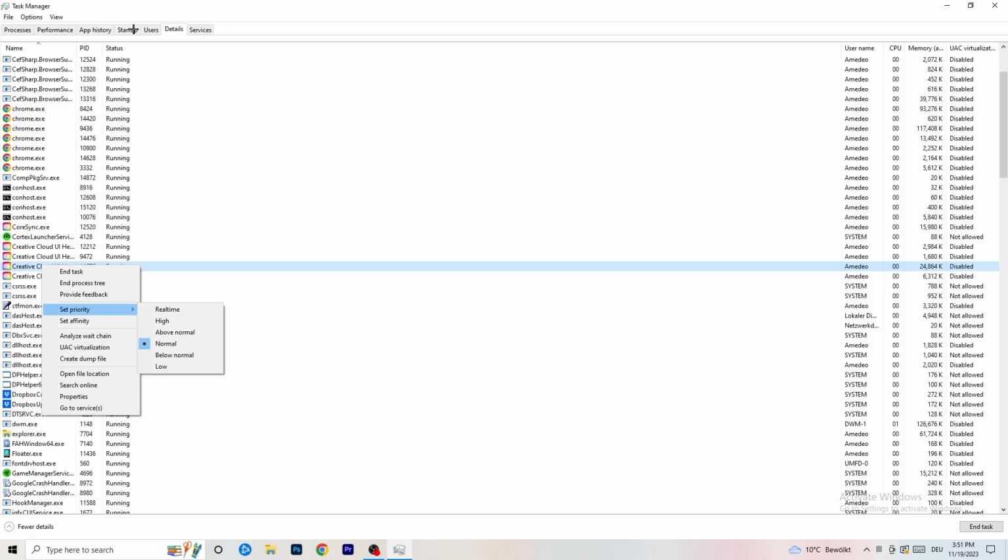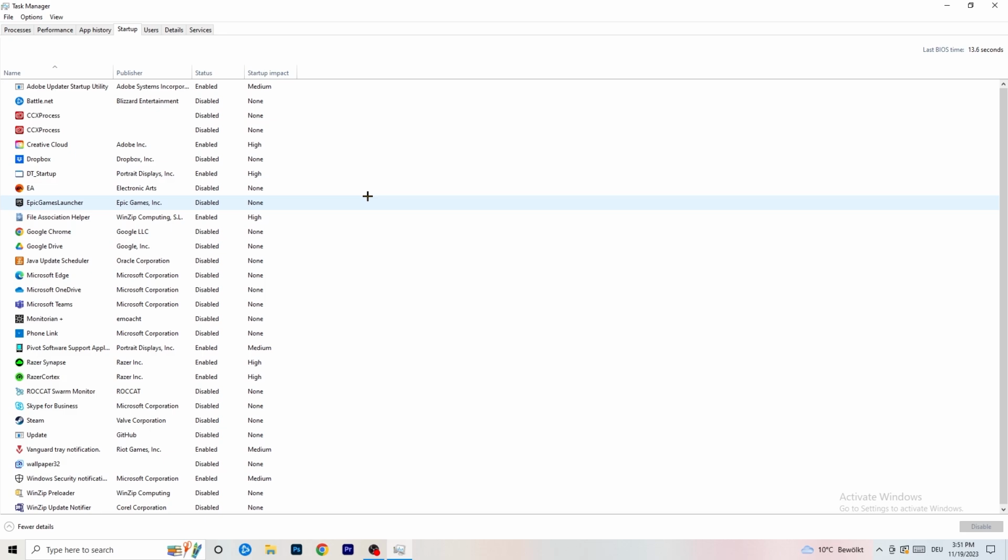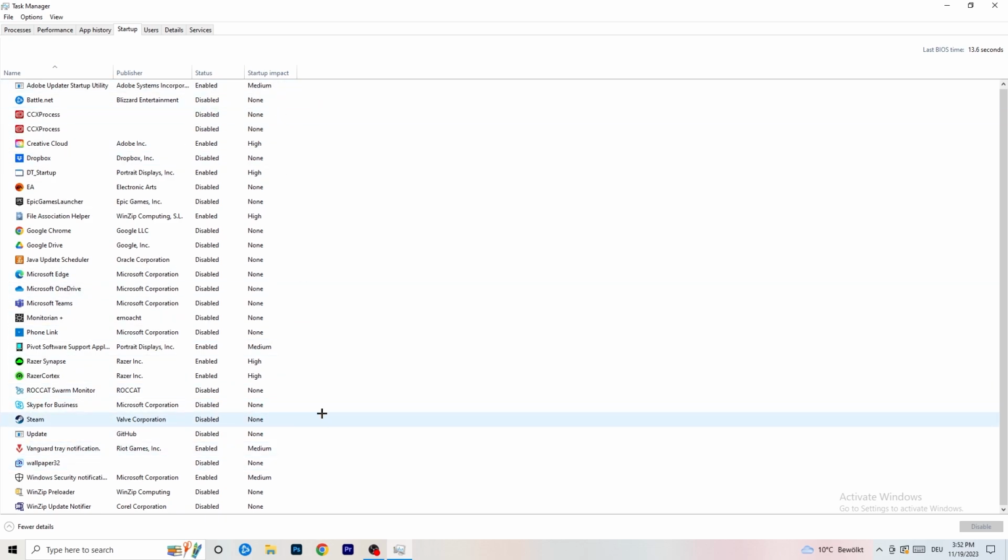Next thing you can do is click into startup. What I want you to do at startup is really simple. So again, top left corner, click into startup. As you can see, I have a lot of applications disabled just because my PC isn't the best. It's a low-end PC, so it's old. It tends to have low FPS, a lot of crashing, a lot of not launching, and you want to have